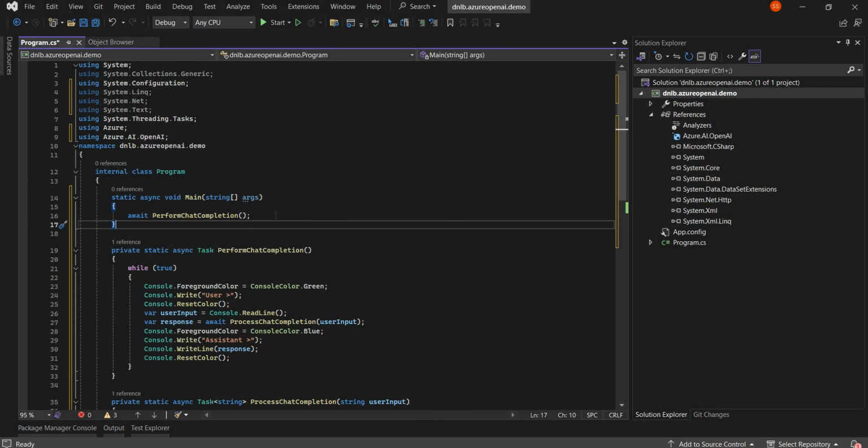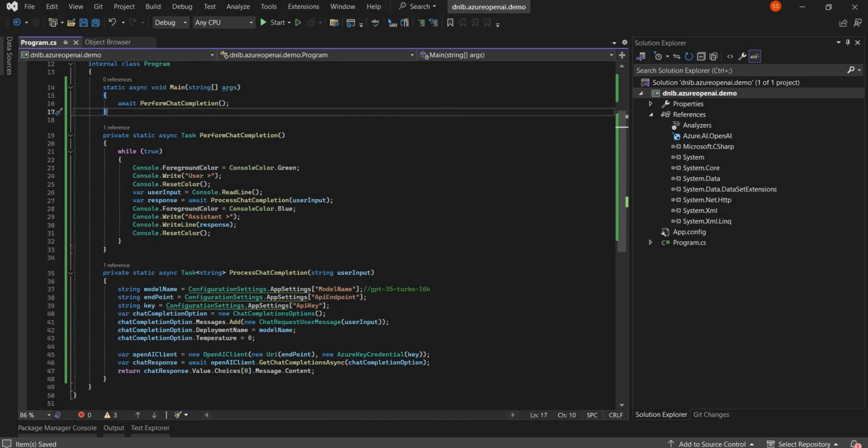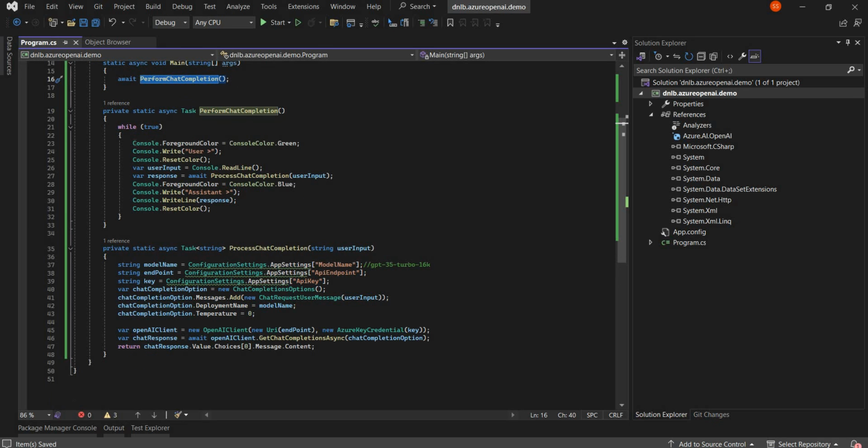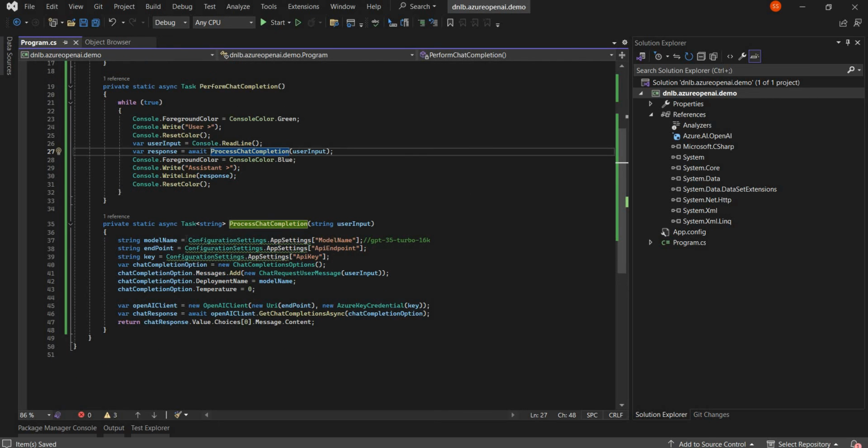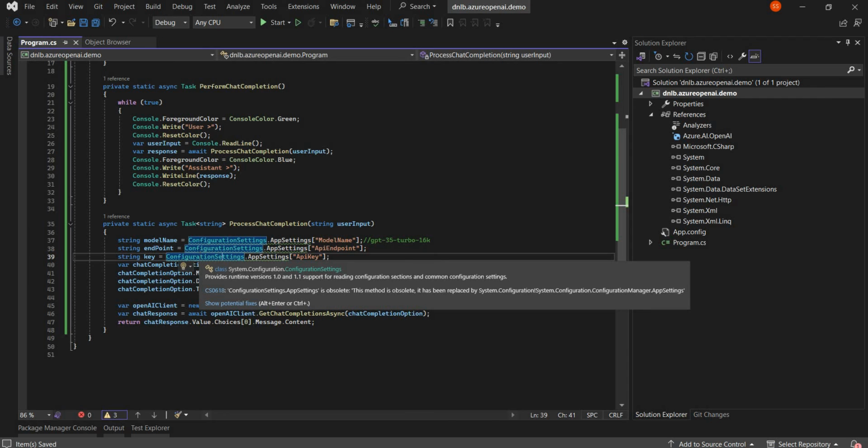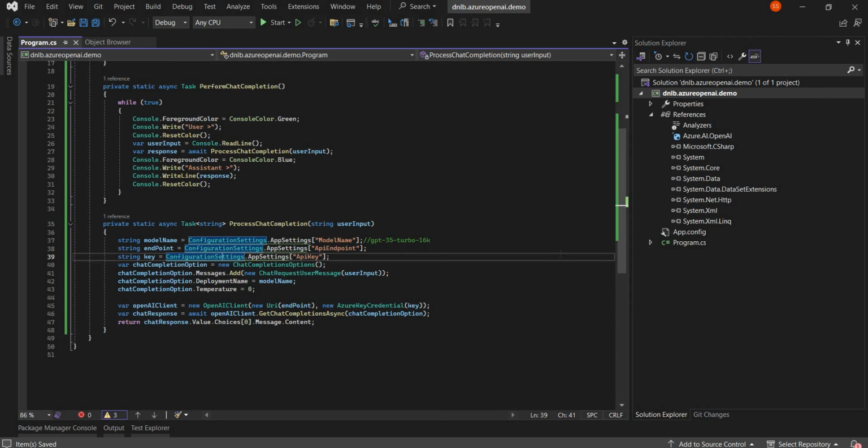So now the code is simple. What we did is, in the main method we are calling one method, the perform chat completion. Here we are just manipulating the console, where we prompt the user first, and it will ask the user to input some query they want to search, and then we process the query under the process chat completion, where we have retrieved the values of the Azure OpenAI configuration settings. I mean, basically keys and secret keys and endpoint URL, from the app config,